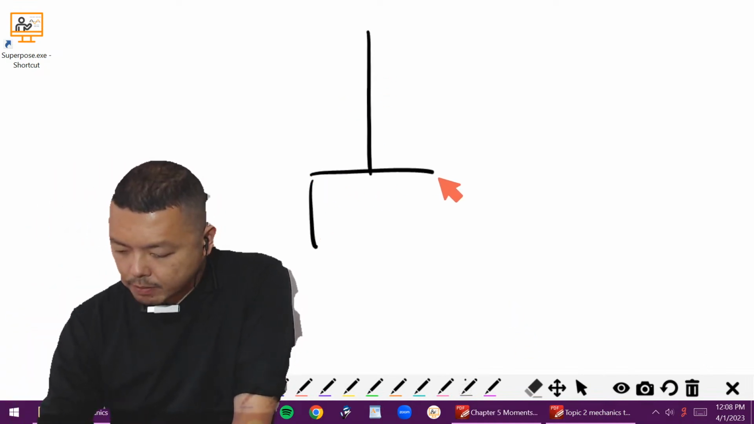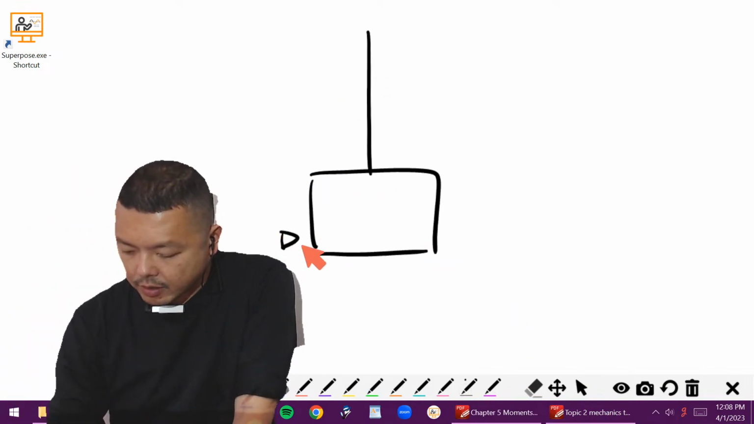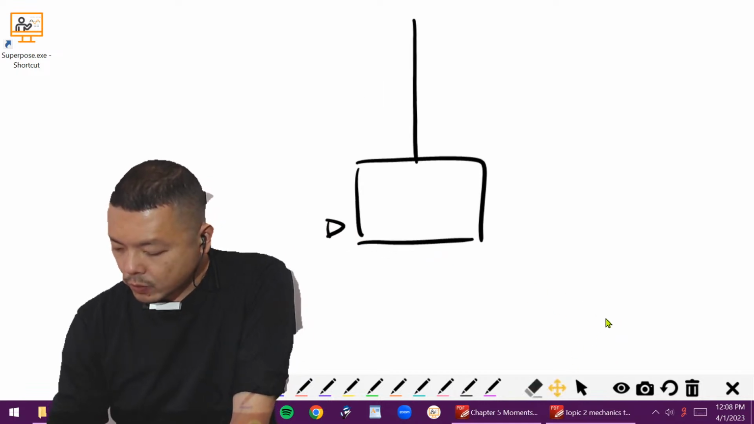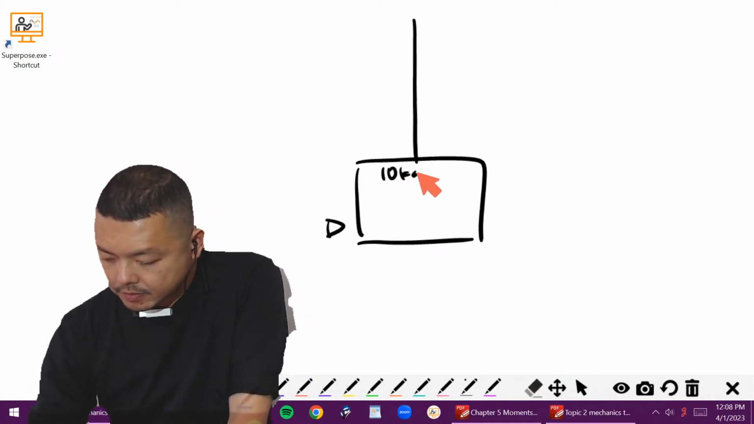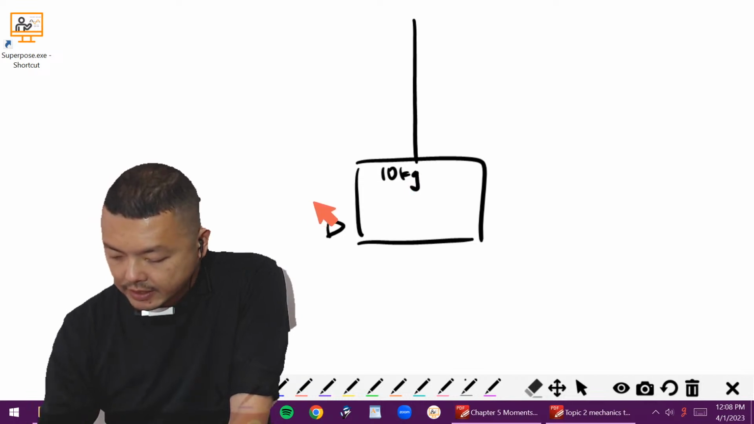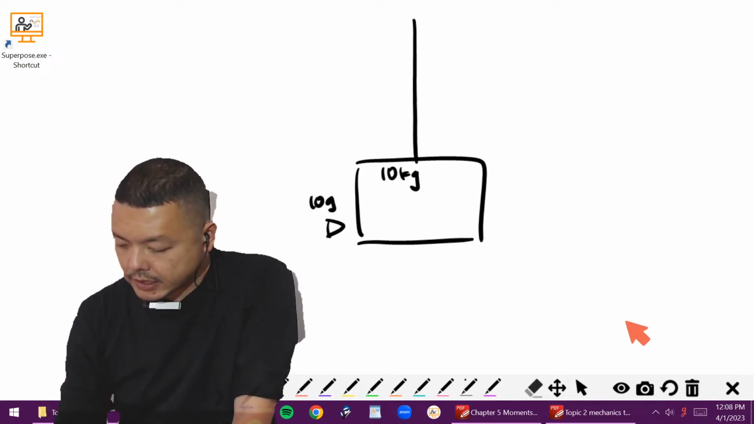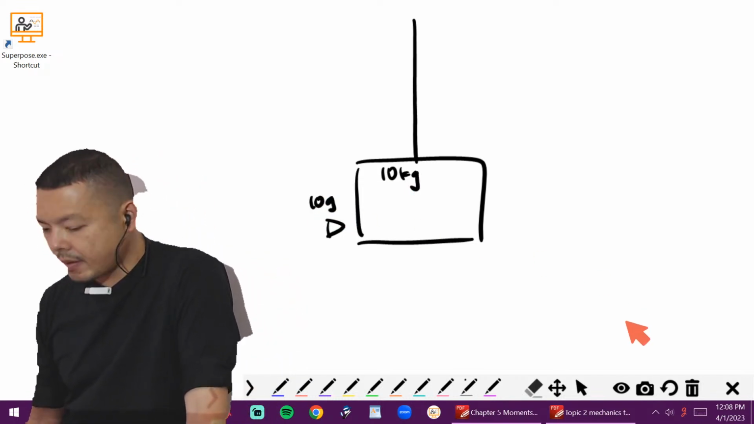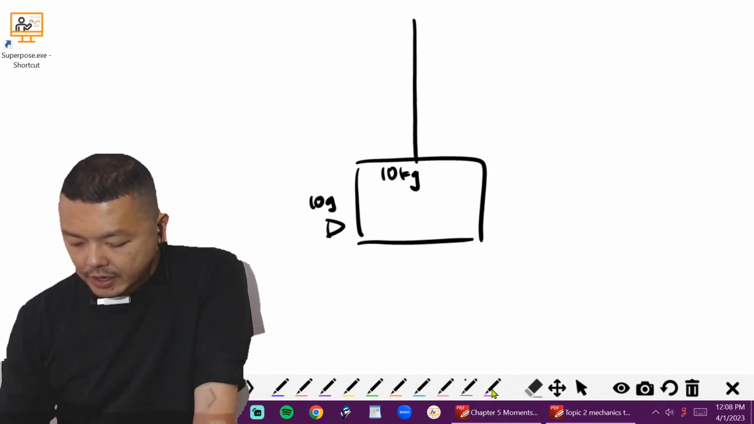I got a wooden block hanging on a string. I got a bullet flying in. The wooden block is 10 kilograms. The bullet is 10 grams. Okay, it's a 10-gram bullet and a 10-kilogram wooden block. I tell you that when the bullet